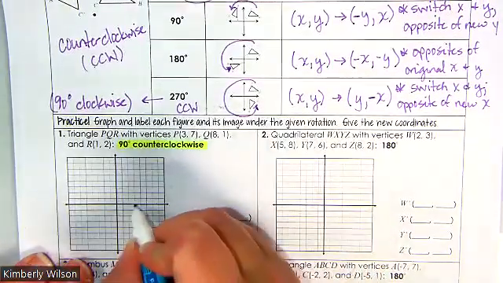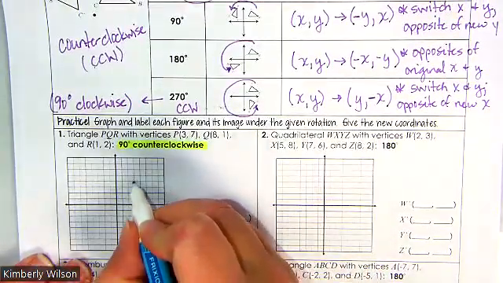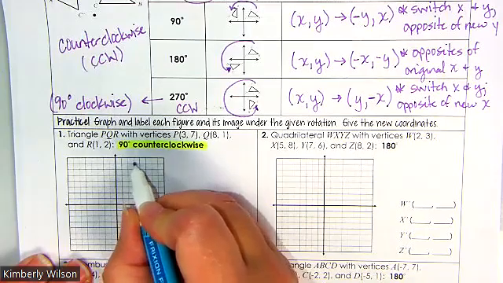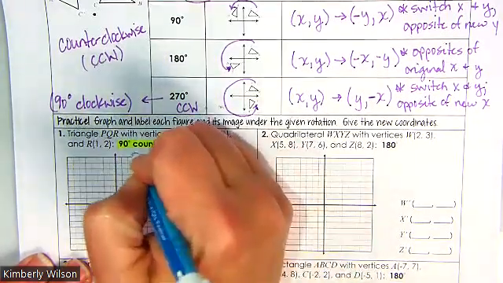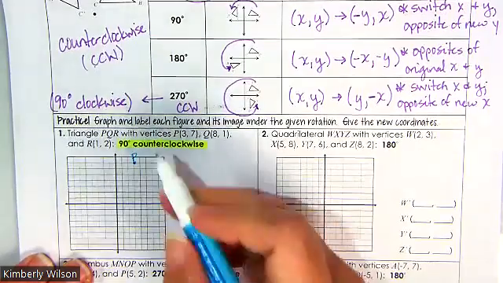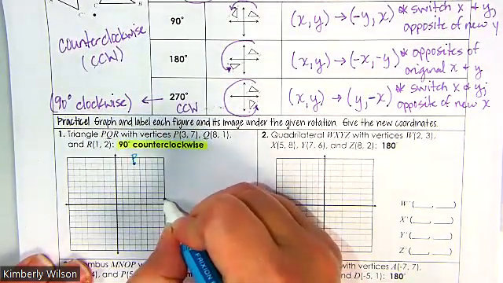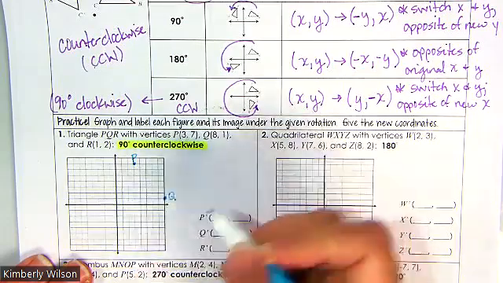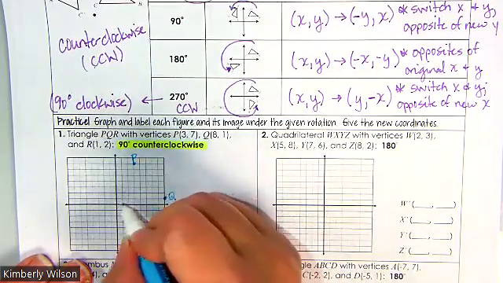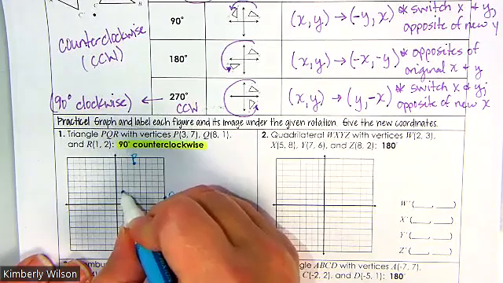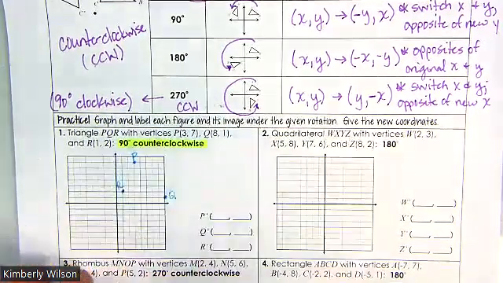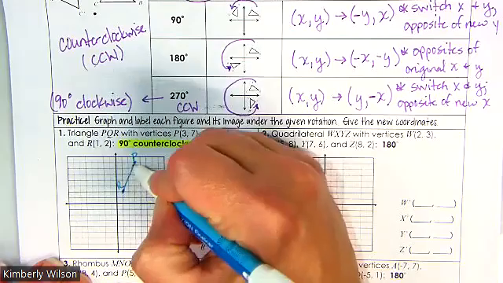We have (3, 7), and that is P. Q is (8, 1). R is (1, 2). Now, when we connect the dots,